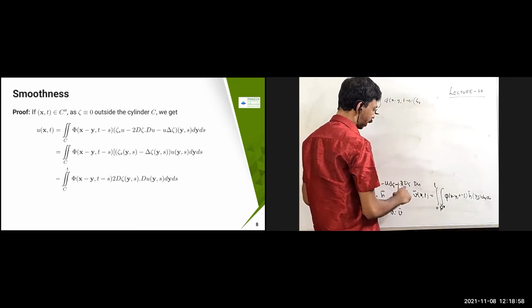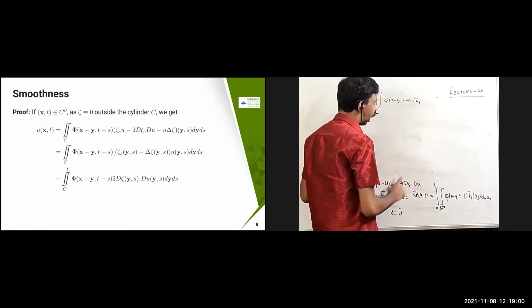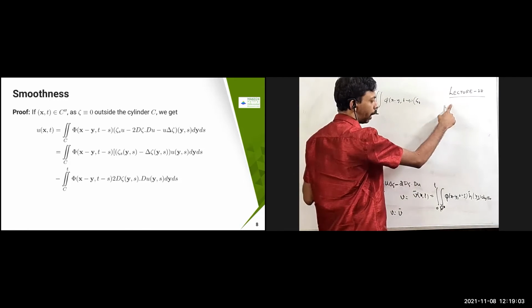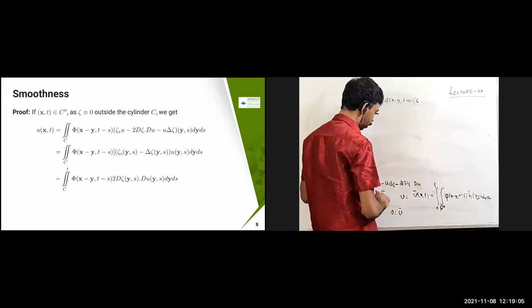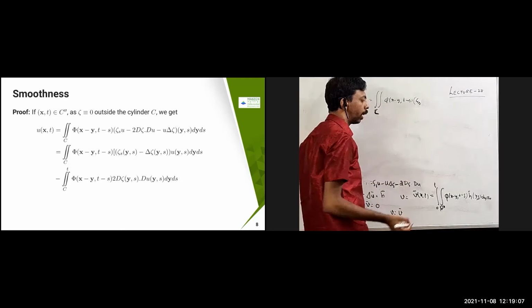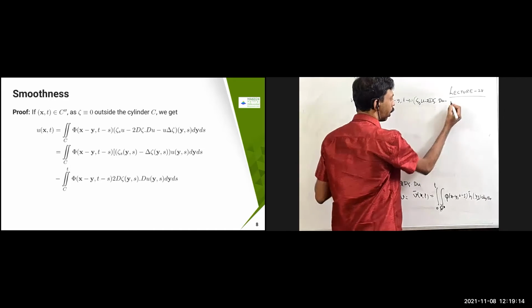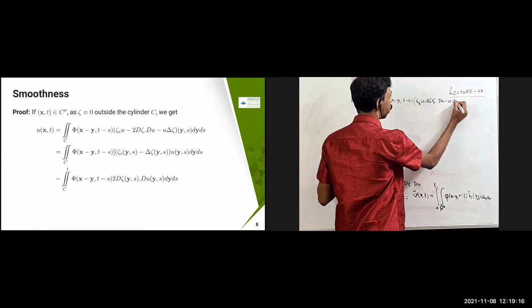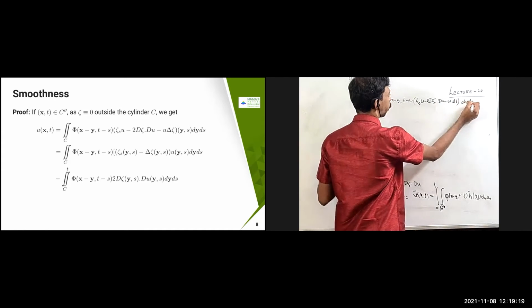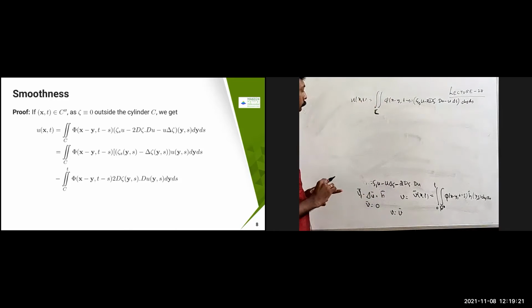chi_t u minus u_t, del psi, du is there. I'm going to use dy ds. So this I'm just going to change because it is a dummy variable, I'm going to change this to chi_s. Okay, chi_s u minus del squared psi du minus u del psi, dy ds. Okay, so I'm just going to rewrite this way, I'm just going to split this into two terms.